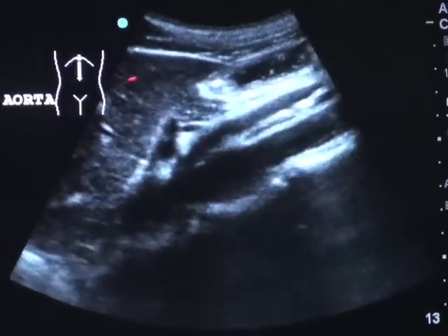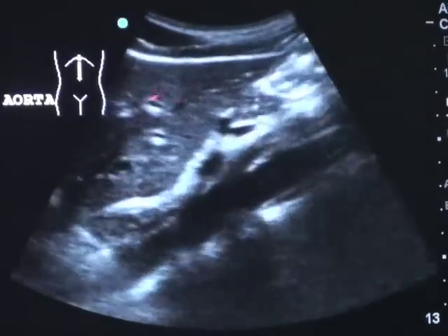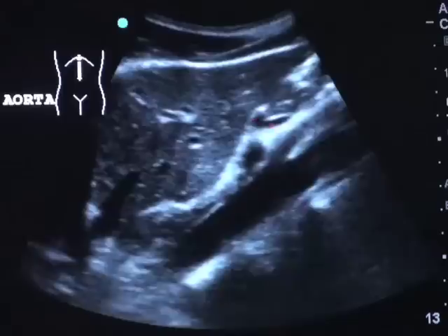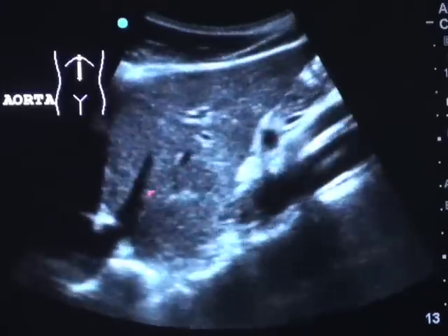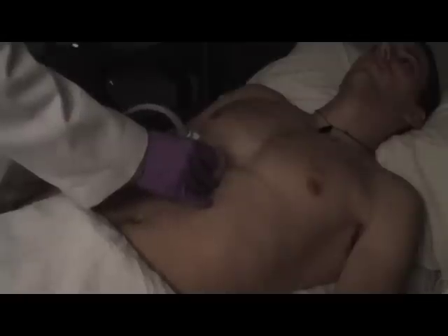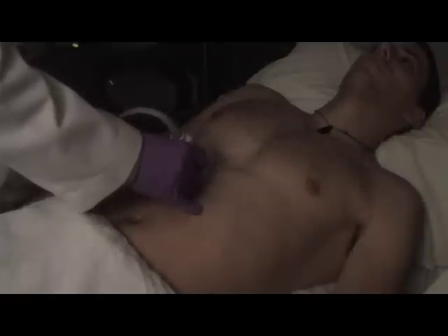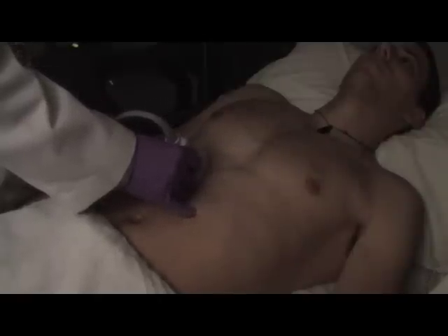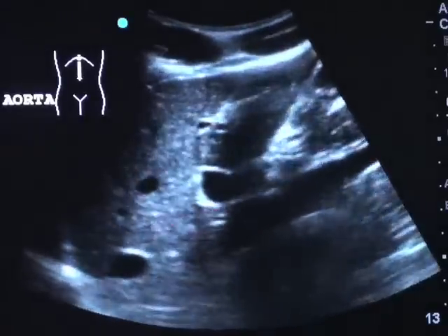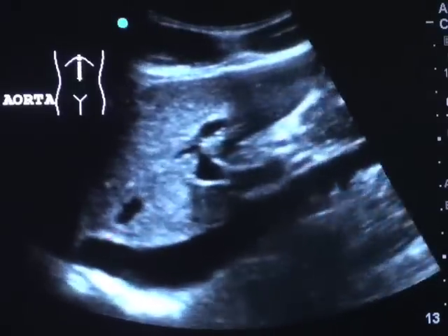Of note, in this image, on the near field, we have the left lobe of the liver. We can see the middle hepatic vein. As we use this as a takeoff, after we've seen the aorta, we can look at the IVC, moving over toward the right side of the patient's body. We can see the IVC as it traverses through the caudate lobe of the liver, going all the way to